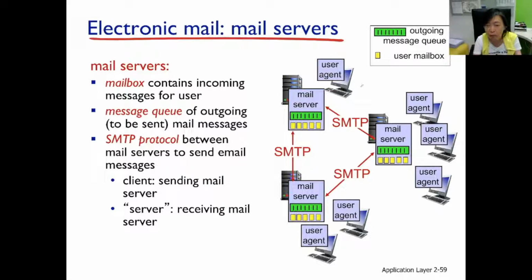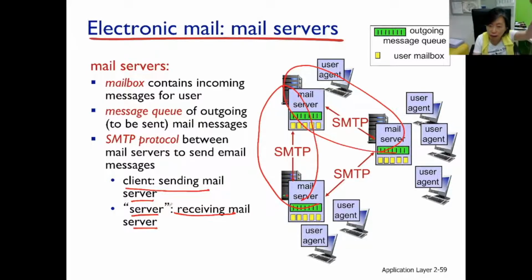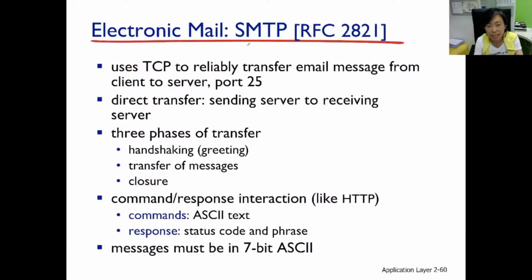If you think about it more, there are two levels of communication in the email application. One is between the end users and the local mail server, fetching email or pushing email out. But there's another level, which is among the mail servers. The sending mail server is the client of the higher level communication, and the receiving mail server is the server of the higher level communication. Then the SMTP protocol is the actual application layer protocol defined to support communication in emails.